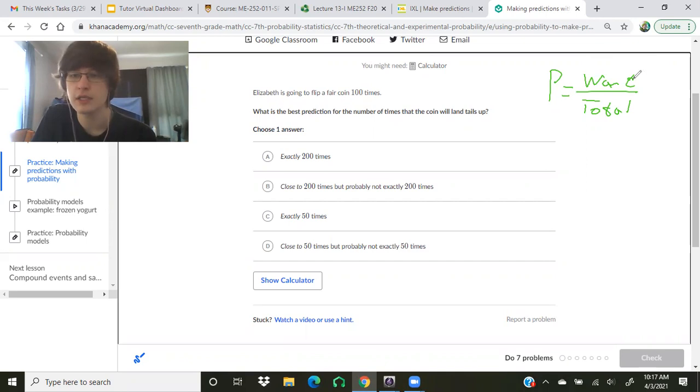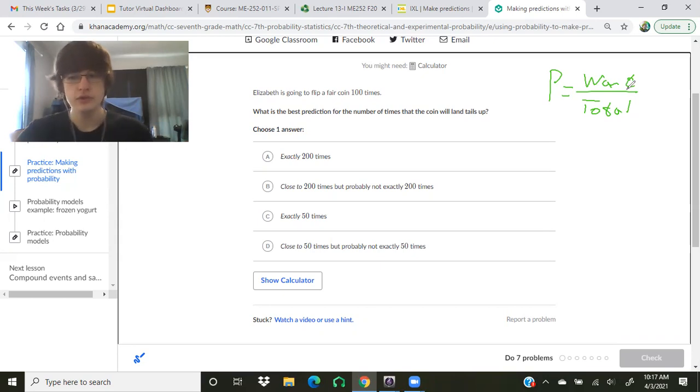Well, probability is the chance that an event that we want to happen will happen out of the total number of events, right? So if you flip a coin, what's the probability that it'll land on heads? Well, the event that we want to happen is it'll land on heads. The total amount of events that are possible is heads or tails. So what is the probability that a coin will land on, like I said, heads? Well, it's 1 over 2. Okay?